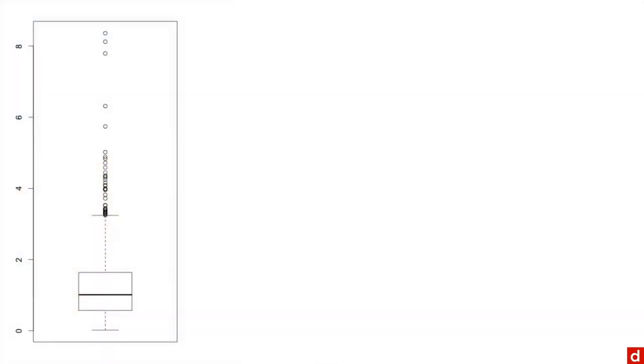So let's take a quick look. This is a very skewed distribution I created. The median, which is the dark line there in the box, is right